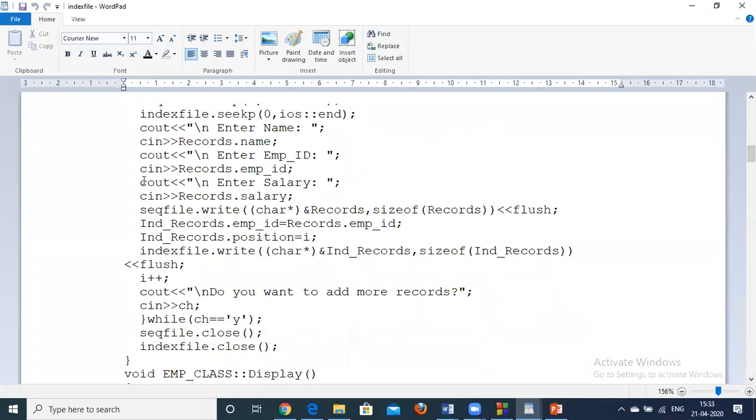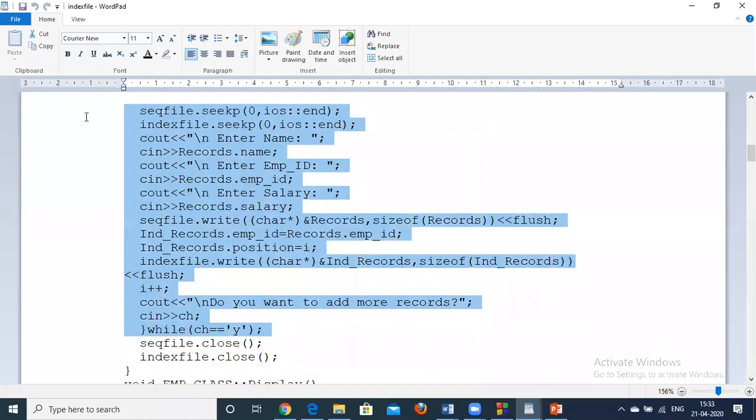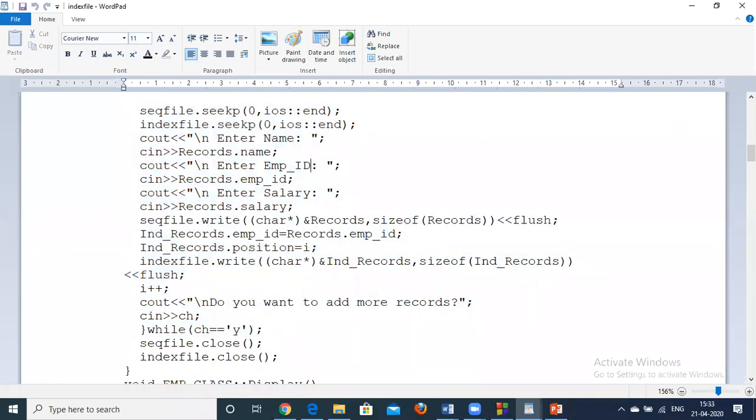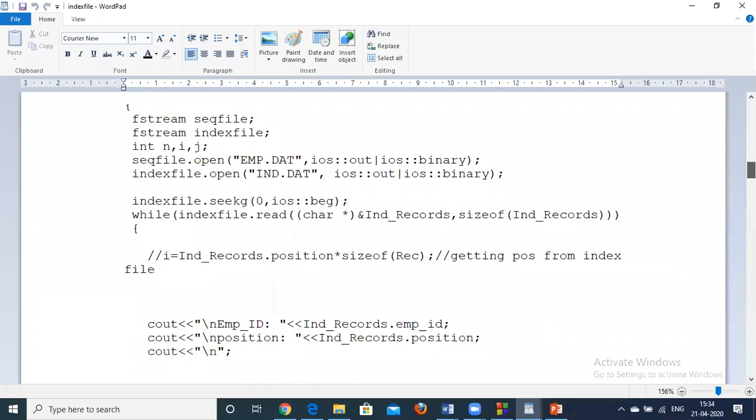I is initially 0, so for the first record, the position will be 0. Like this, you will be creating the file for the first time by adding multiple records. Then